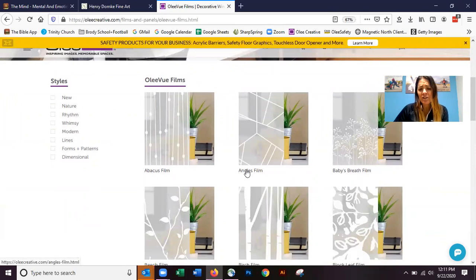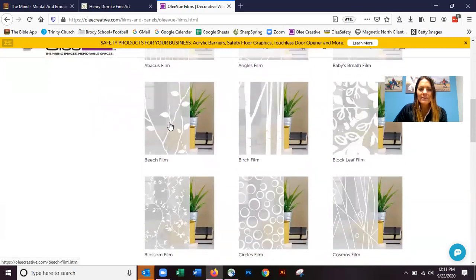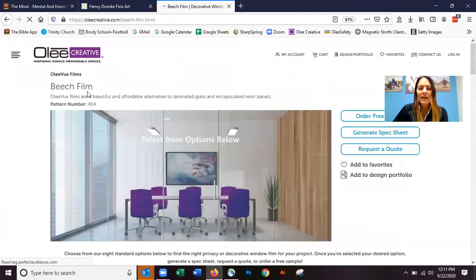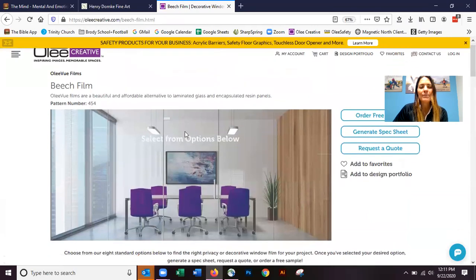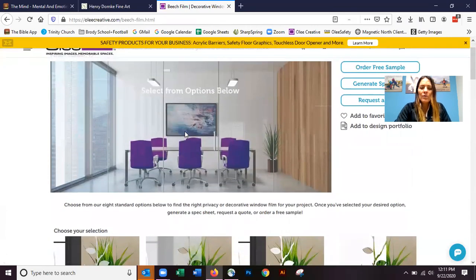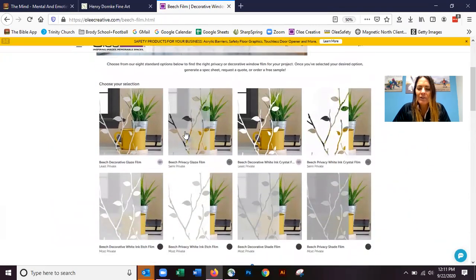So let's say you're looking for a really biophilic nature type image, and you like this beach film right here. So you would click on the beach film, and at the top of the page, it's going to show you a short description about this beach film, also with this pattern number. And then down below, you will see we have 8 standard options for every single pattern that we carry on